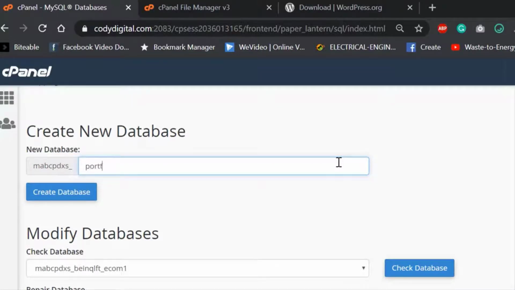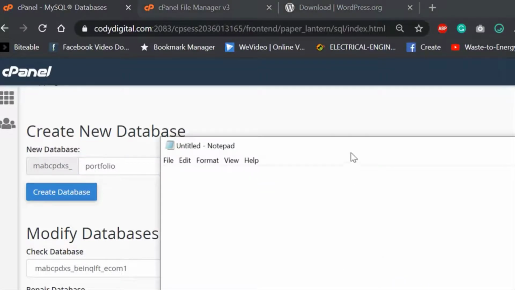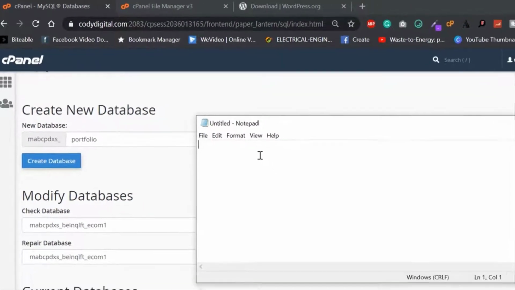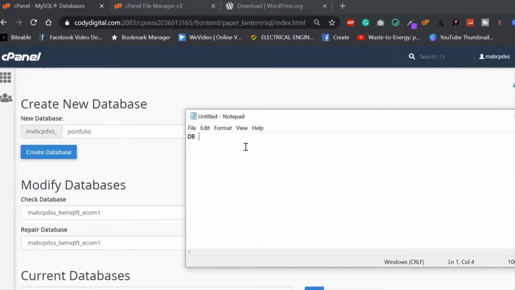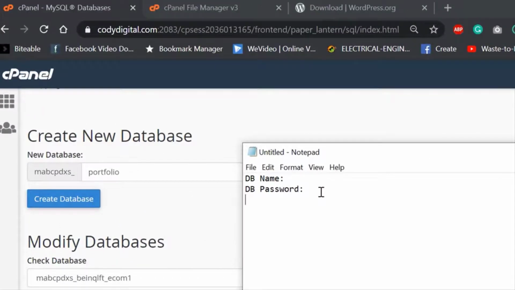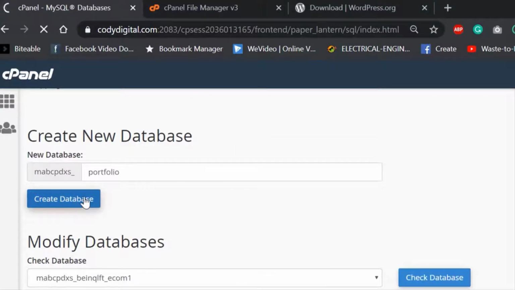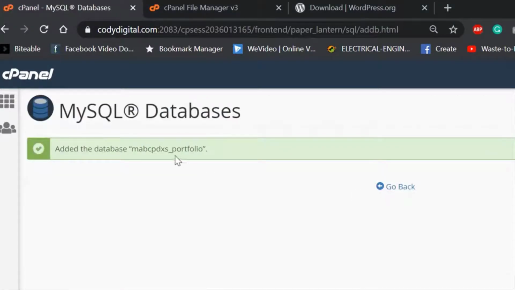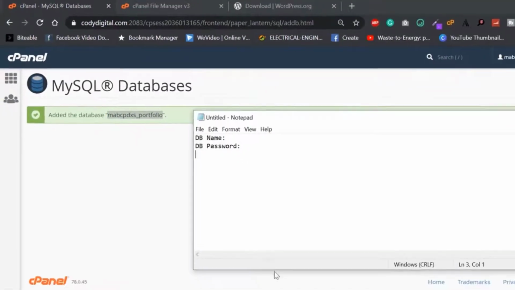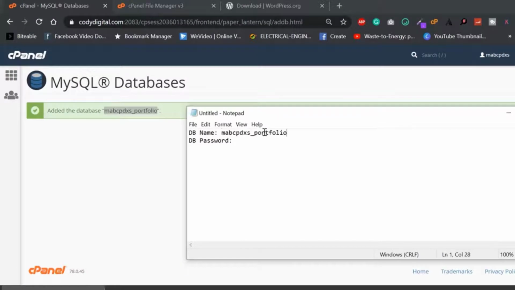It's one of the final steps. You can say the second last step. So in create new database, please write the new database name, and make sure you have opened the notepad file in which you will note down all the details which you are going to enter in this new database, because we need all this information for our final step. Now I will click on the create option.